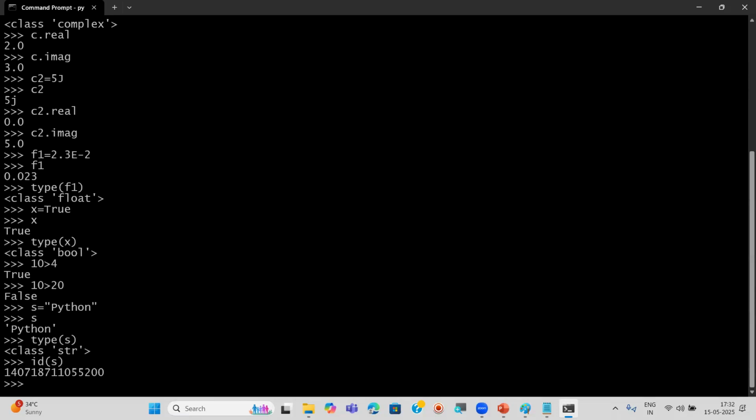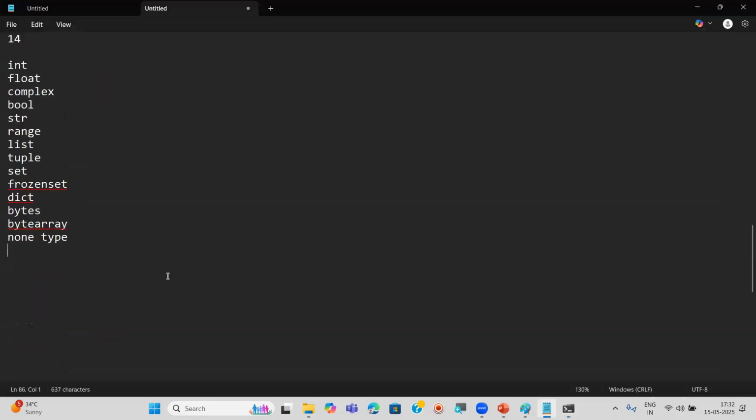id is a function. Like that, you can also check the ID of integers, floats, complex numbers, booleans. You can check the ID of any type of variable. Next, let's discuss the remaining types. I'm going to discuss them later, not now, because this will take some time, and these are actually separate lessons sometimes. That's why I'm going to discuss this later.